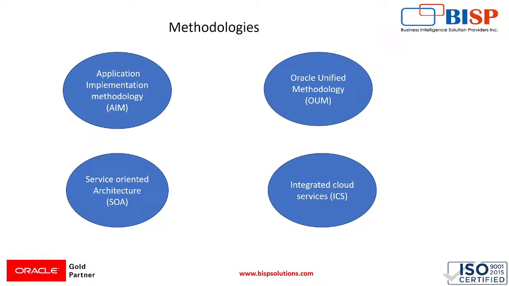These are some methodologies on your screen. The first is the application implementation methodology, then Oracle Unified Method, also known as OUM, integrated cloud services, and service oriented architectures. These are the four methodologies that are used in Oracle Fusion Finance when we are integrating with third parties,